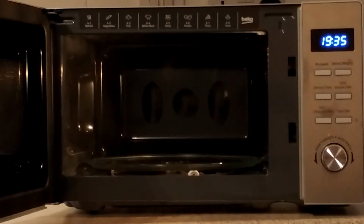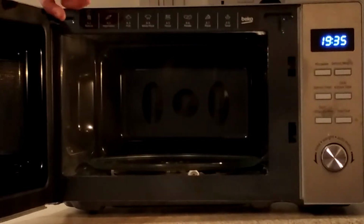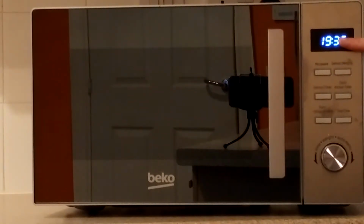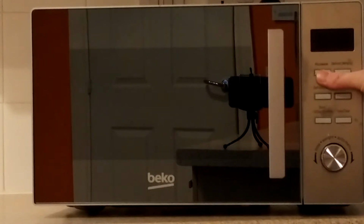To the right of the microwave, there is a programmable clock and timer with a large, easy to read display panel. The microwave power level button has 5 levels